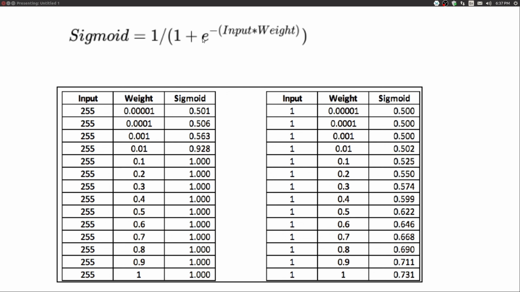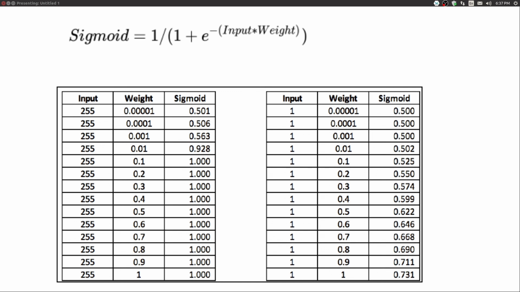That means when I am doing this calculation, 1 plus e to the power minus input into weight, the exponential term becomes very close to 0. While the exponential value varies when the weight is multiplied by a scaled input on the right side of the table, because here the input values are all much smaller compared to the values on the left. Here input values are all between 0 and 1,